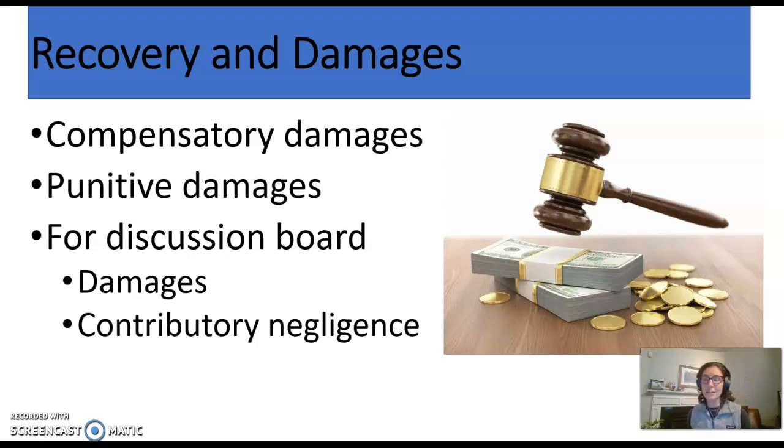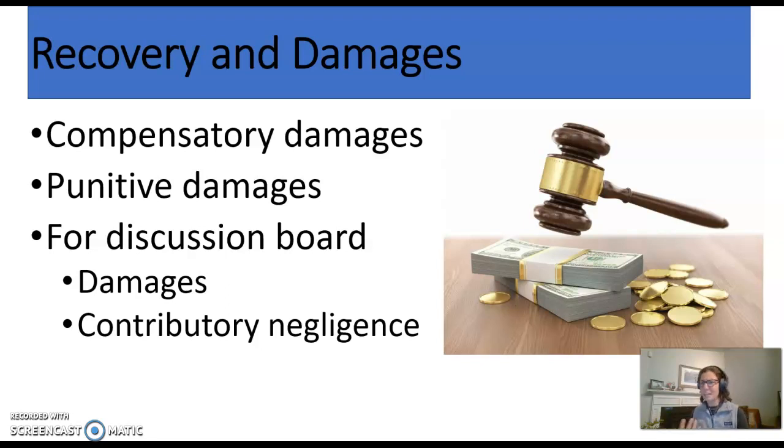So compensatory damages include the out-of-pocket expenses and harms that a person suffers. So that would include time off from work, medical bills, out-of-pocket expenses, and it would also include used vacation time. And you'll see in the example a number of other compensatory damages. It would also include just general pain and suffering that people suffer from a tort, like if you have anxiety as a result of an accident you've been in that was someone else's fault. That's compensatory damages.